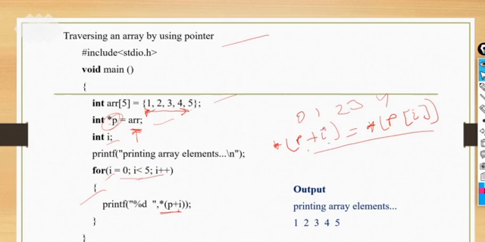Okay, so if the i value is 0, then you can write p plus 0. What is p? The address of p here. So whatever the address of p is, it will be plus 0, plus 1, and so on. So index value at 0, index value at 1, index value at 3, up to 4. So it will trace each and every value. The asterisk symbol will give the value at the 0th index, the value at the first index, the value at the second index. It will execute in this process.